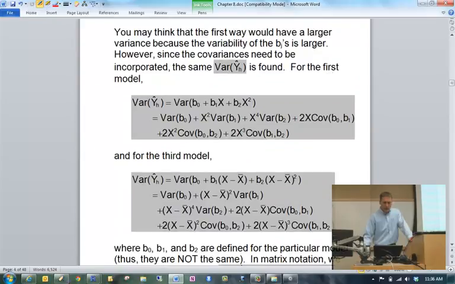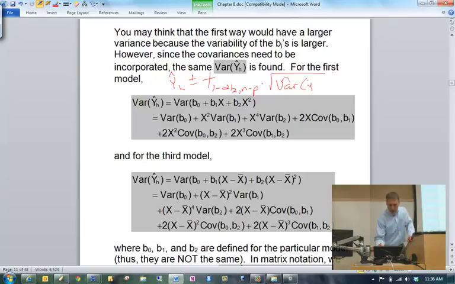I'm not going to ask you a question about this on a test, but especially for stat majors, this is something good to be able to figure out. In the confidence interval formula, y hat sub h plus or minus the value from your t distribution times the square root of the estimated variance of y hat h, the estimated variance obviously plays an important role in the width of the interval.